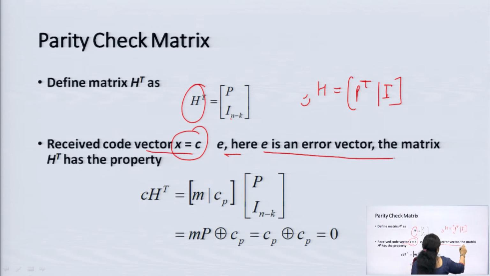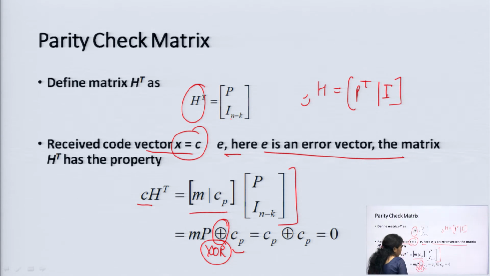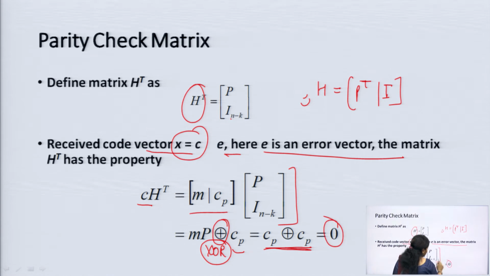Here E is an error vector, and the matrix H has the following property. These are the properties of the H matrix, that is the parity check matrix: C H transpose will be equivalent to [M C_P] times [P I_{n-k}], which is equivalent to M P XOR C_P, and this is the XOR operation being used over here. When you XOR this C_P with C_P, the same value, the result will be 0,